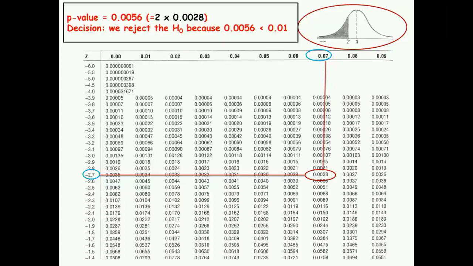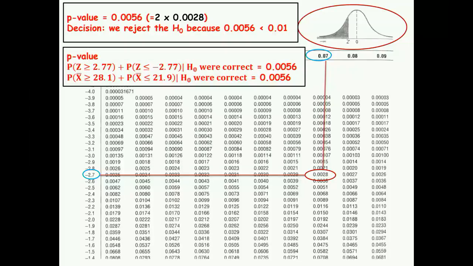In the critical value approach, you said because 2.77 is greater than 2.575, you reject. In the p-value approach, because the p-value is less than alpha, you reject. Now a little bit of additional information that I put here. Z value greater than 2.77 plus Z value less than minus 2.77 is this value. What does it mean? Given that the null hypothesis is correct, the probability that I would see these things,